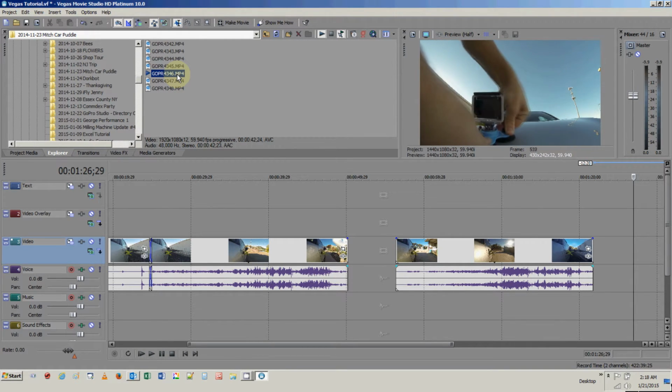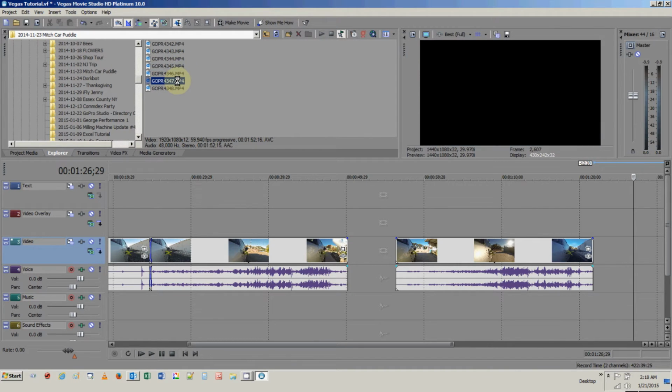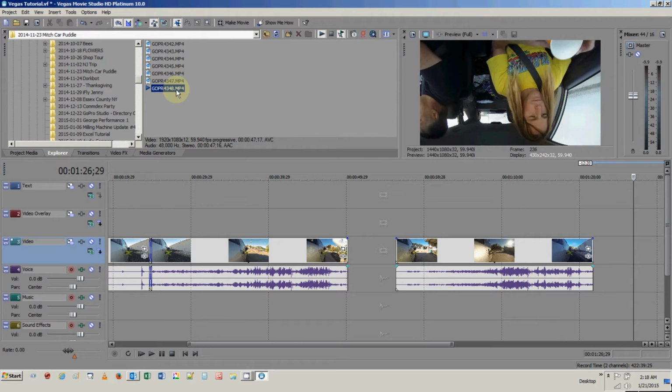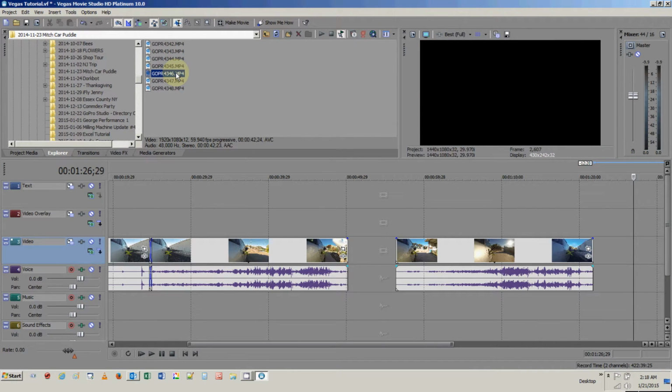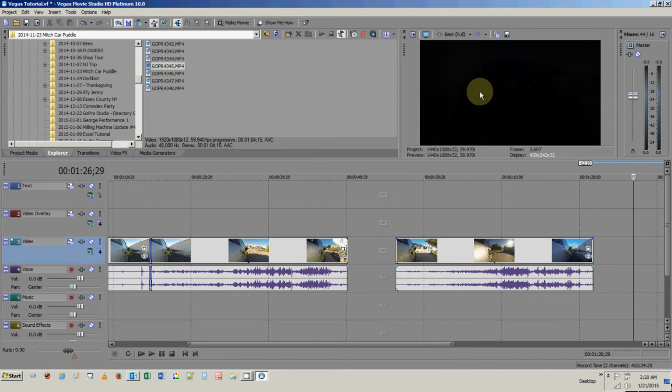We thought we would use that, but instead I just want to go to this footage. This is taken from outside looking in, and it's kind of an interesting shot. So I want to use it, and then further down I've got this shot from inside the car, which is upside down, and if I flip it over, I should be able to go between this and this one, which were shot at the same time, and kind of give it a little bit more dynamics.